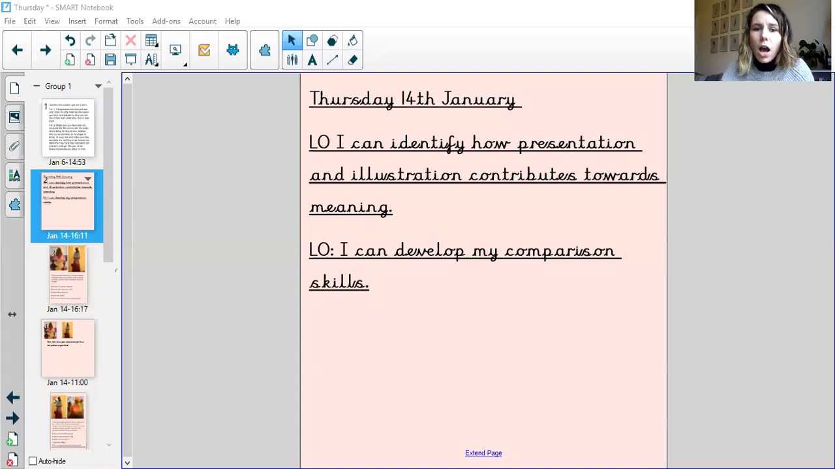It's a bit of an arty lesson today. It's quite a nice one. So we're going to be identifying how presentation and illustration contributes towards meaning. So hopefully you will have seen from the pictures. I know it's hard because you haven't seen them in the flesh, but hopefully you've seen them well enough in